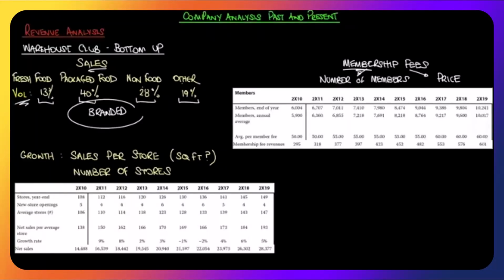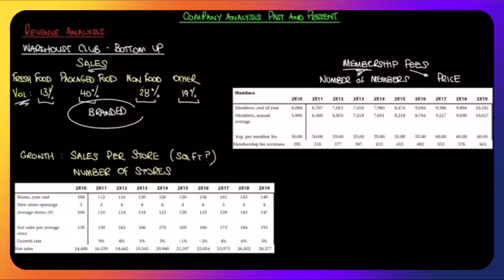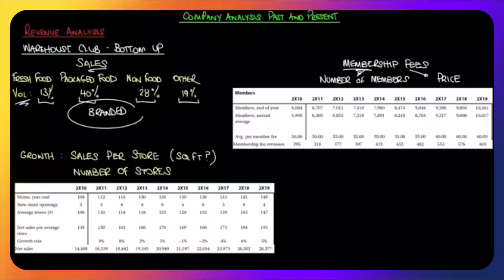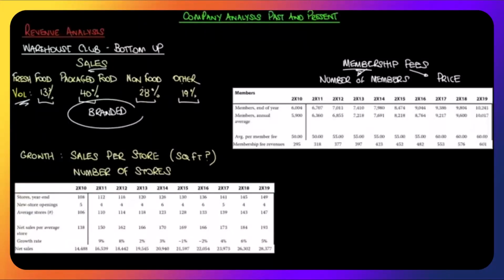Do they sell or offer these pharmaceutical, optician services, the petrol stations, the gas stations outside? Do they offer those as loss leaders to get people into the store? Or are they drivers of revenue? Or do they bring people in? Do customers come in? Do we acquire customers because they want to get the cheap gas, the cheap petrol? Who knows? But if we take sales as a whole and say, look, we know they've got physical locations,